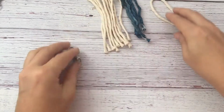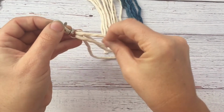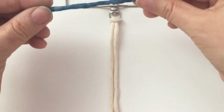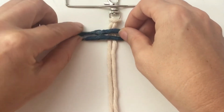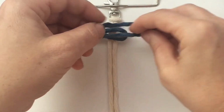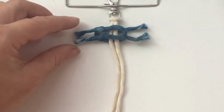I'm going to show you how to make this feather keychain. All you need is any keychain and then the macrame yarn. I linked to it below. First you need a long 15-inch one that you put in half and do a lark's head knot. Then you start with the feather using 4-inch sections. You need 6 of this blue one, and all I did was use some food coloring to dye